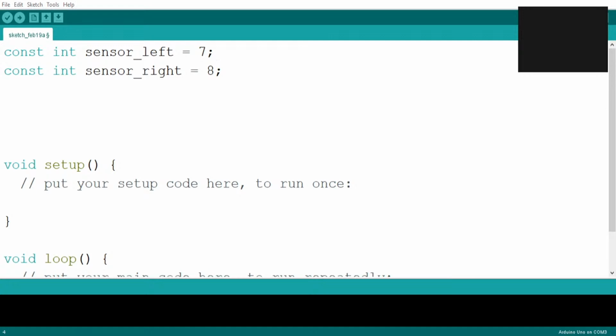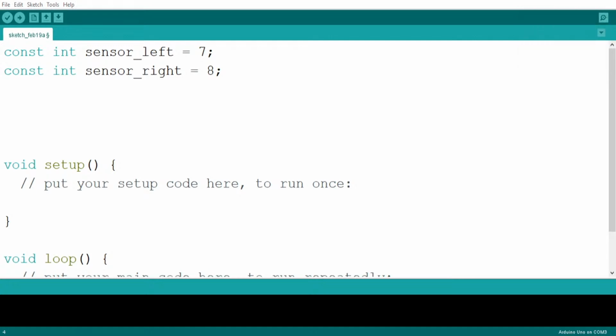We have connected pin number 7, 8 to sensors, and we have connected pin number 2, 3, 4, and 5 to